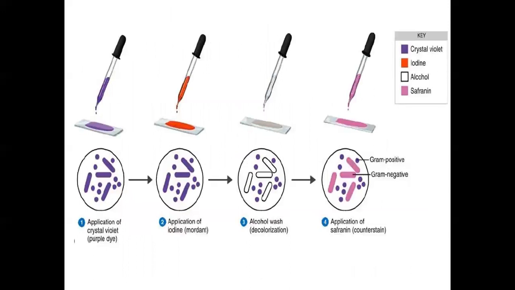So in today's class we saw gram staining. We clearly understood that it uses a primary stain, crystal violet, then the mordant, that is Gram's iodine. Then they use alcohol, the decolorizer, and the last one is the counter stain, that is safranin. After this, we dry the slide. After drying, we can observe under the microscope, where we get two interpretations: the violet color indicates gram positive, and the pink or red color indicates gram negative. Hope you understood.